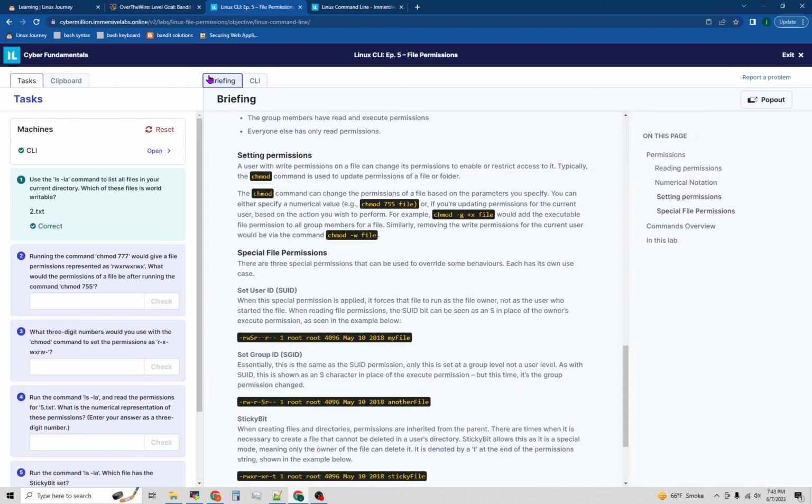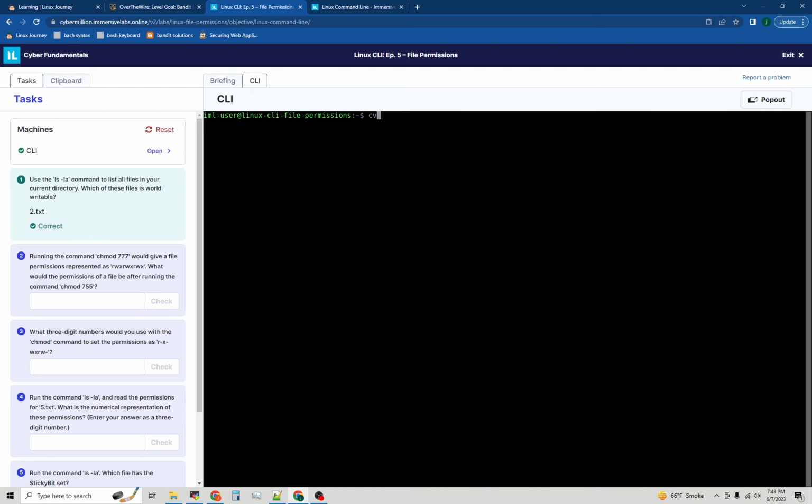Alrighty, let's get back into this. So, a user with write permissions on a file can change its permissions to enable or restrict access to it. Typically, chmod is used to update permissions of a file or folder. The chmod command can change the permissions of a file based on the parameters you specify. You can either specify a numerical value, chmod 755, or if you're updating permissions for the current user based on the action you wish to perform, for example, chmod g. Let's do this. chmod